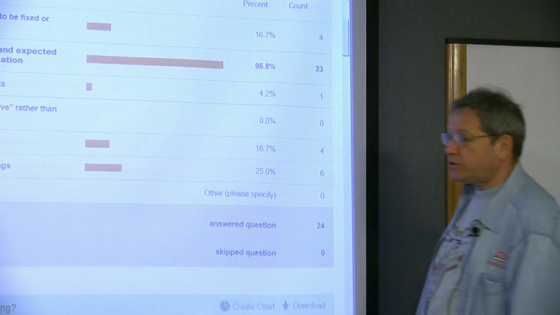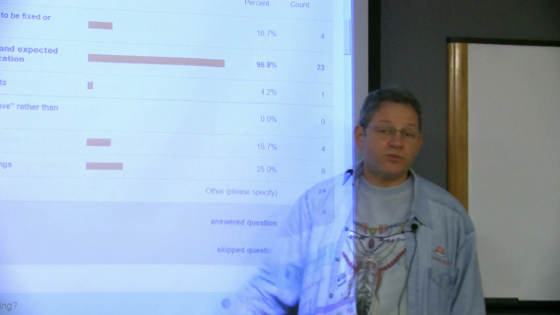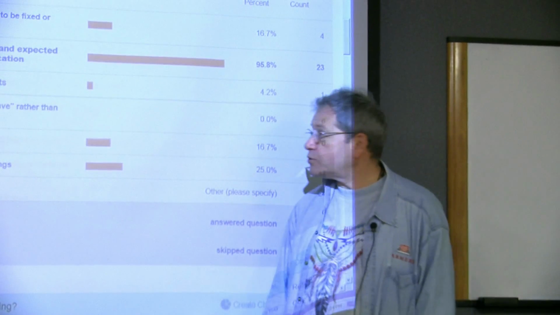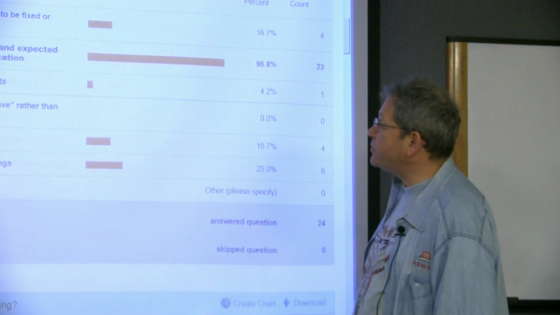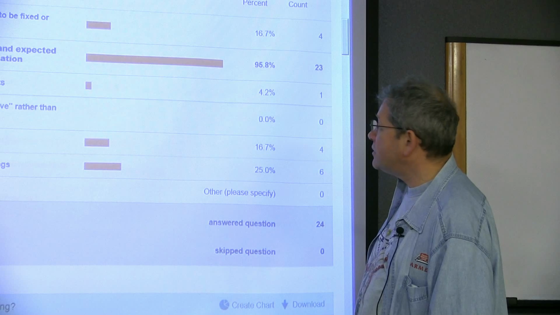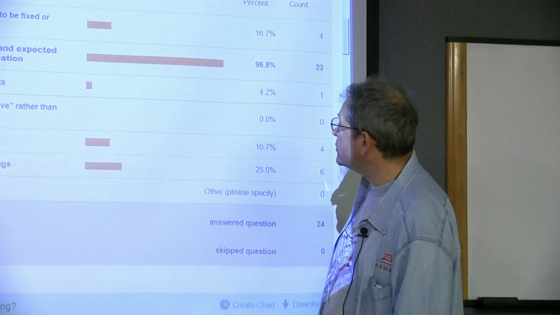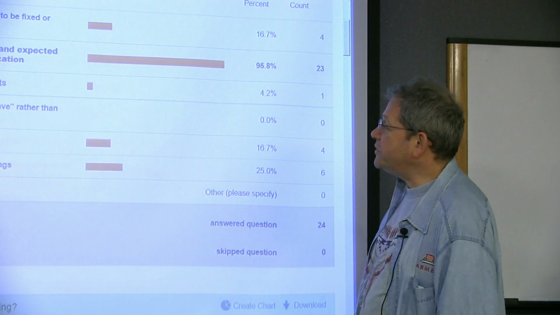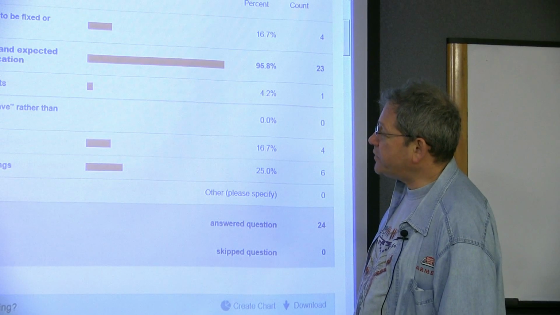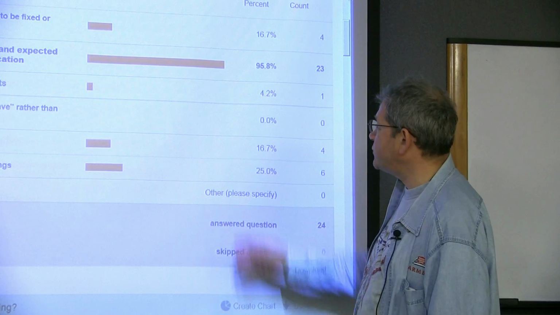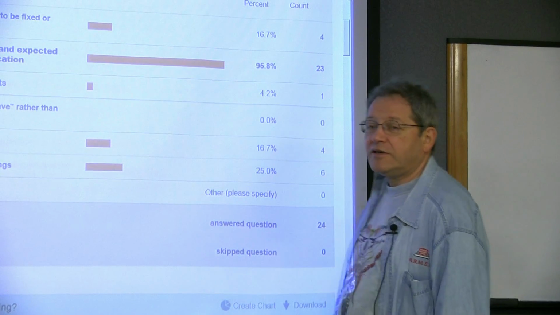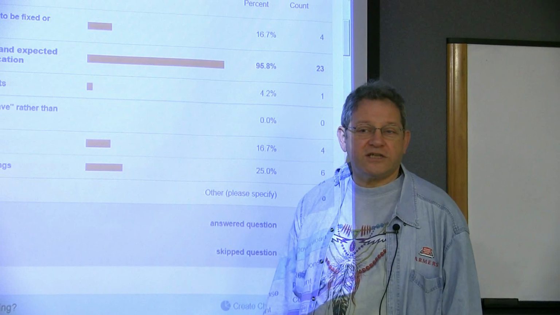So the answer was: when the quality doesn't improve over time, that is the time to stop. Describe a software bug. Here, that is probably the highest possible score achieved today by you as a group. A mismatch between actual and expected behavior of a software application. We have it, it's even higher than the one about a test case having an ID,